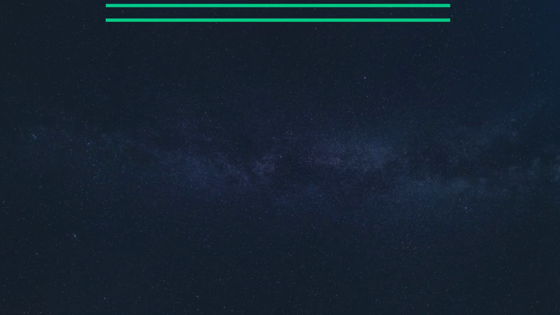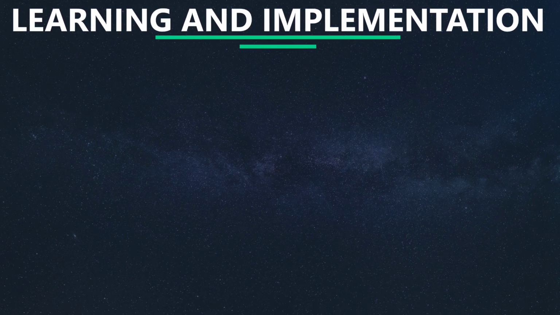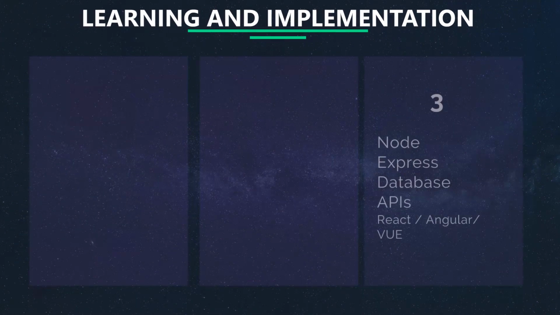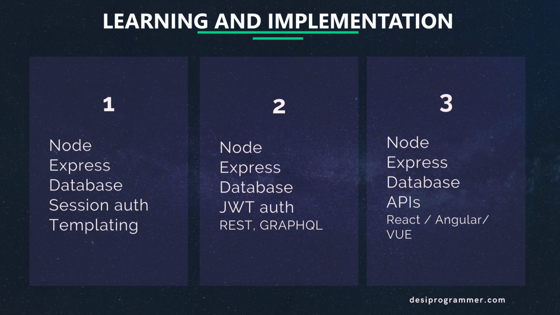Although technically this might not seem correct, I'm going to distribute the complete Node.js and website conundrum in 3 simple parts. Okay, so the first one is going to be the one that we're going to learn in this complete series. That's we are going to use some templating engine like EJS or HBS. We'll talk about authentication. We'll talk about browser session based authorization. Now we'll talk about Express.js. We'll talk about MongoDB and all.